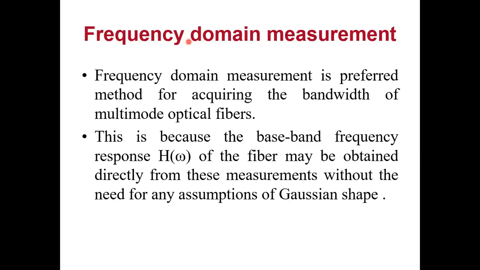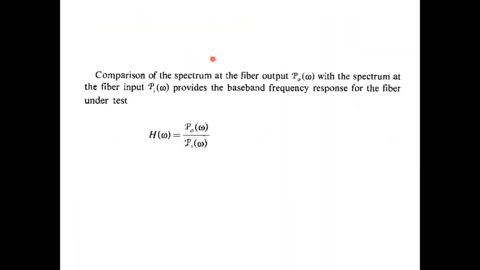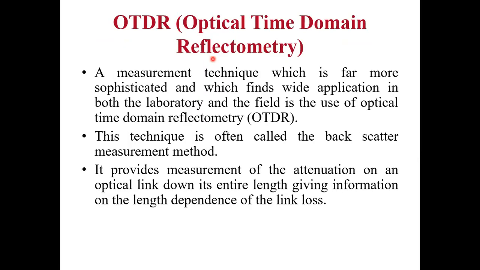Okay, now we have seen those 2 block diagrams for measurement of attenuation and measurement of dispersion. So many setups were there. Okay, so when in the actual field I want to see whether there is a cut in the fiber, whether there is signal attenuation, or if there is excessive bending of the fiber, there is a loss. So I need to measure it. How can I do it? The device that we have is called the OTDR. Your OTDR full form is optical time domain reflectometry, or reflectometer.